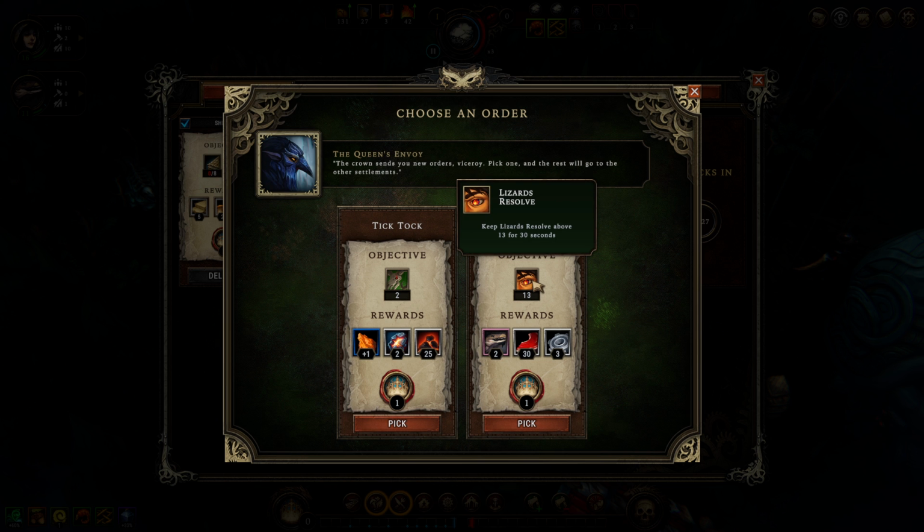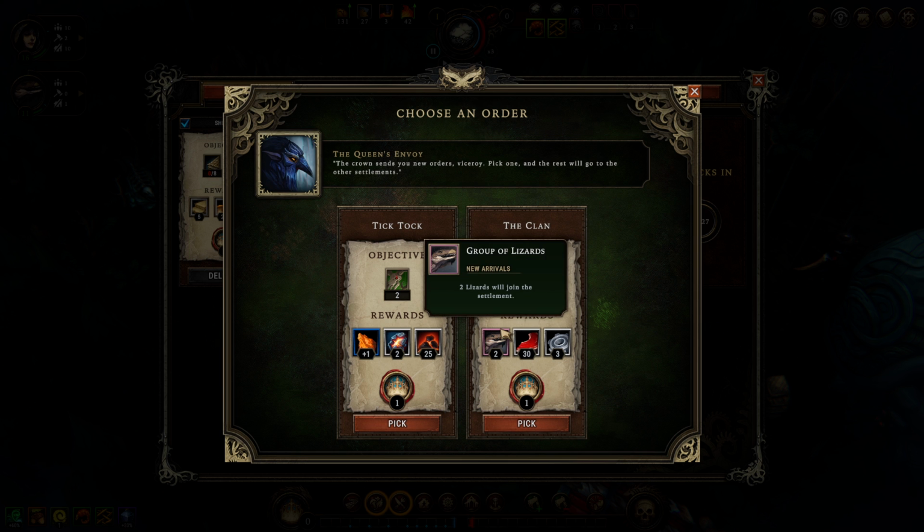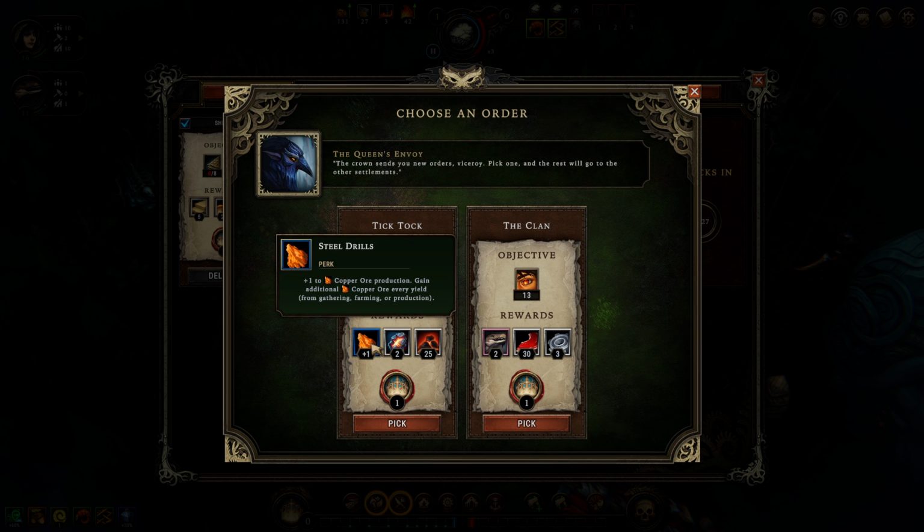What else? Lizard resolve. Keep lizard resolve above 13 for 30 seconds. 13's not that high. What do we get? Then we get more lizards, a bunch of meat, and some parts. I think I'm going to do this just because I'm not sure that this perk...